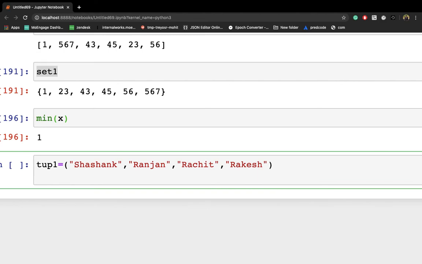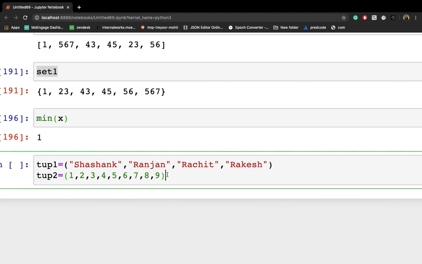What I'm doing here is tup2, which is a second variable name. I'm writing the second one. Let's say I'm writing 1 comma 2 comma 3 comma 4 comma 5 comma 6 comma 7 comma 8 comma 9, right? So there are 9 elements in this tup2 variable. However, in the tup1 variable there are 4 elements, right?